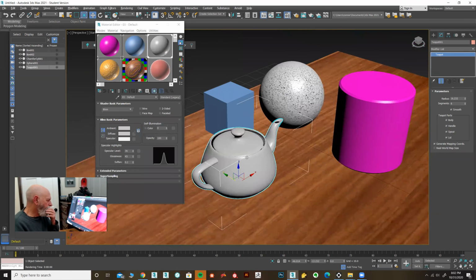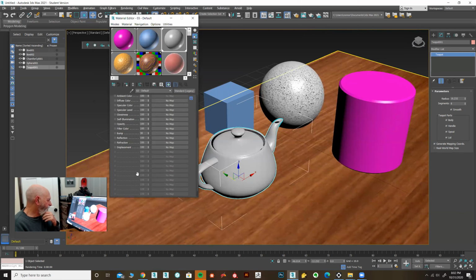And all right, so we're going to do a bitmap for our reflection. So reflection, and don't do refraction, okay? That's for a transparent object that bends light, refracts it like thick glass. And that's very time consuming to render and not what we're trying to do. So reflection,